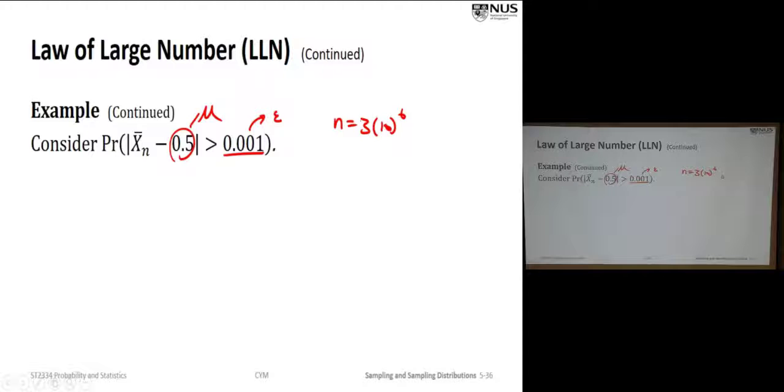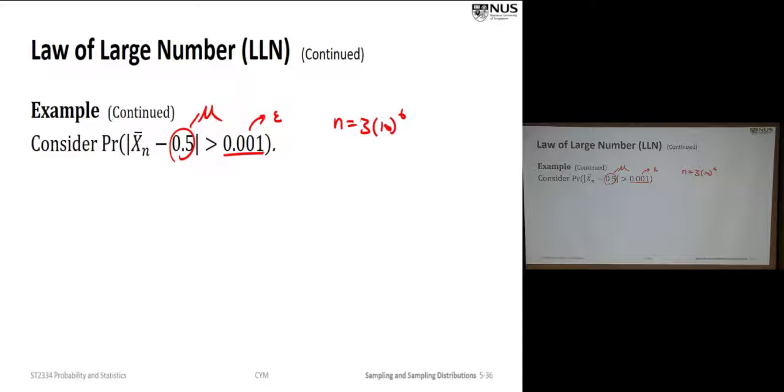How to compute this probability? Do we know the distribution of x bar? We don't know. Of course, later on we have the central limit theorem, but for now we don't know. What we know is the expectation of x bar and the variance of x bar. So can we, based on these two, calculate, maybe not the exact answer, but give some information about this probability? That leads to our